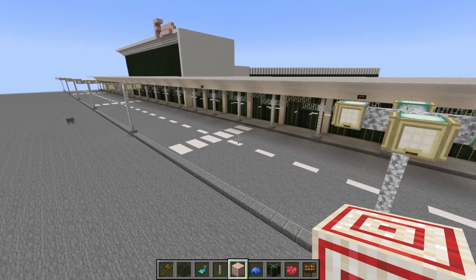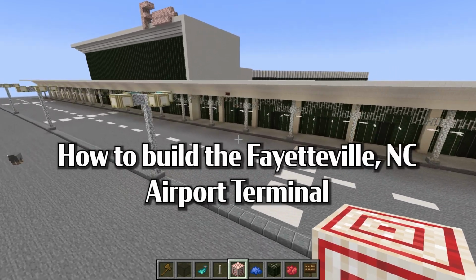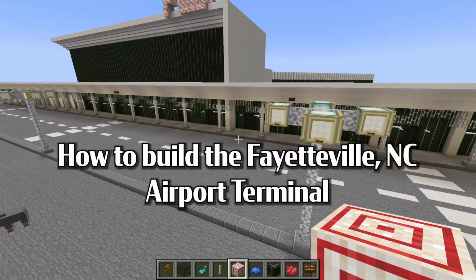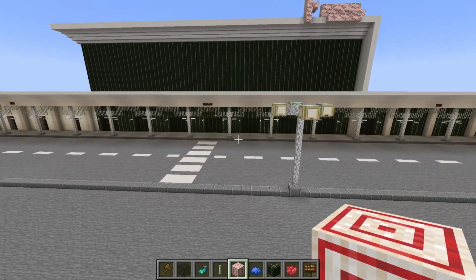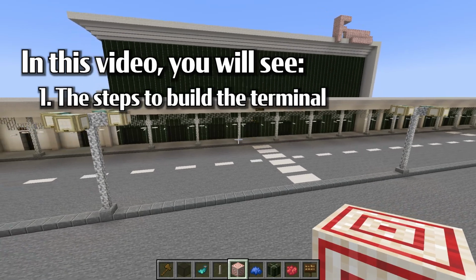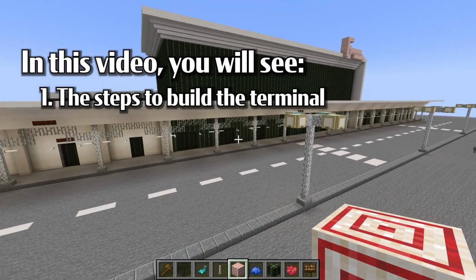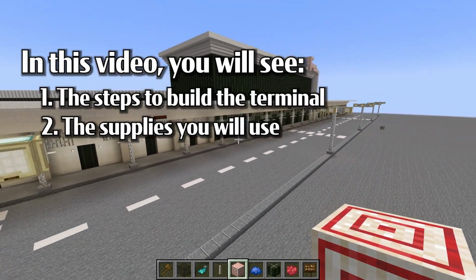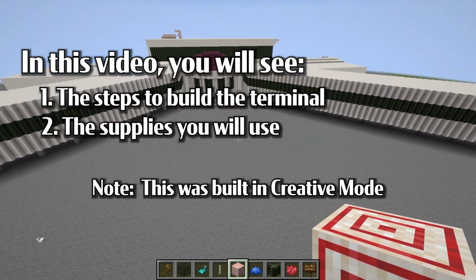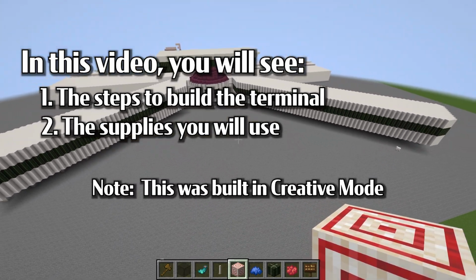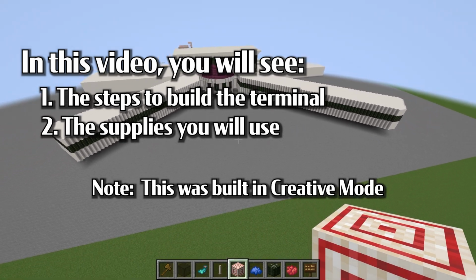Hey there! In this video, I built the airport terminal for the Fayetteville, North Carolina airport. As you can see here, this is the completed area right here, and I'm going to walk through all the different steps that I used to build it, as well as the supplies you're going to use, and also I built this in creative mode. So let's go take a look at the different steps and what you will need to do to recreate this